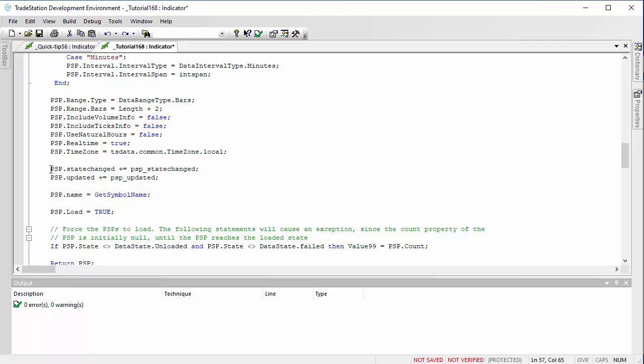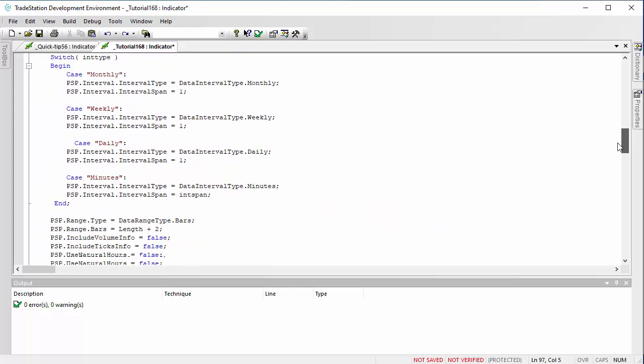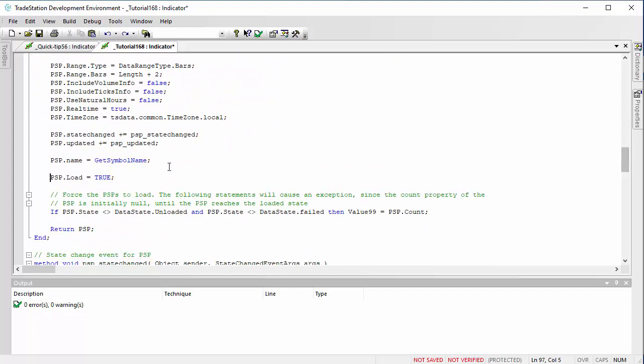And then you can see the things that set up the events, and called it the name of each PSP we've called by the get symbol name. We could distinguish that further by, for example, adding the int type. So in fact, why don't we just do that? So I'm going to put in plus underscore